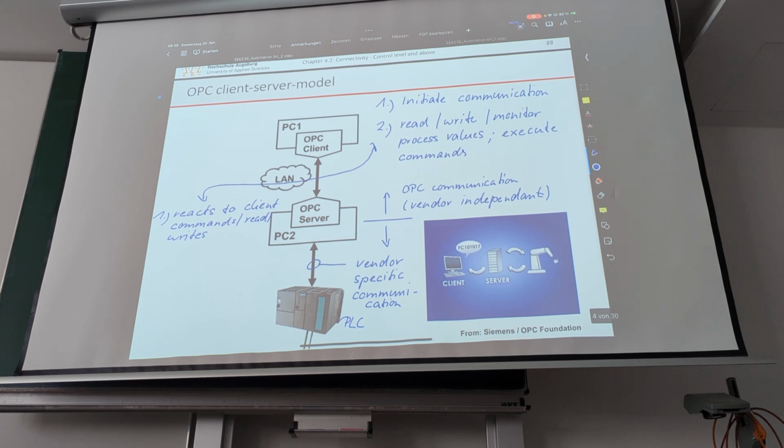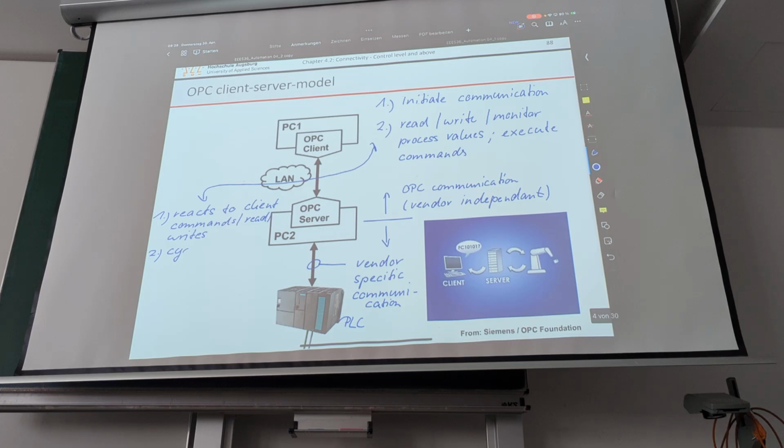Then we have this cyclic reading of process values, because the process values are just cyclically exchanged each and every PLC cycle, and they have to be either cached or somehow be available for the rest of the system. So on the lower level we have